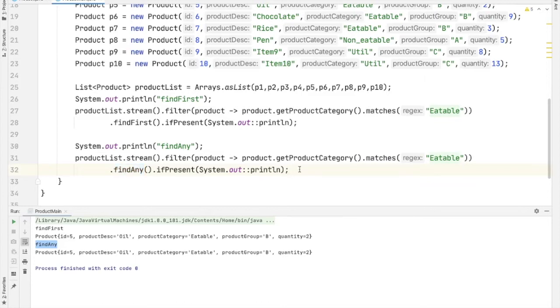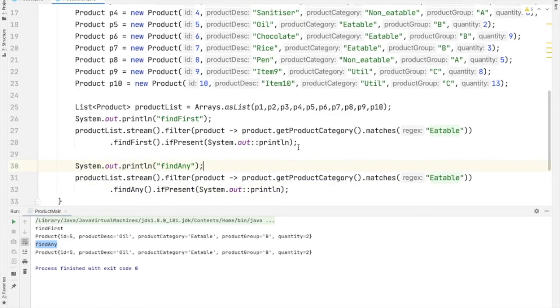Normally, we know that if we are trying to access an object which is null, and we are not handling the code for null pointer exception, then for sure we will get a null pointer exception. In case of findFirst and findAny, results can be empty or null. If we use Optional, there is no need of handling null pointer exception externally. That's why findFirst and findAny return an Optional instance. Clear? Okay.